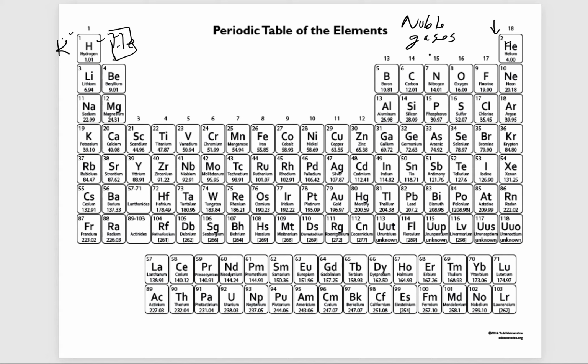Because when the outermost shell is full, then it's very unlikely that those elements will form compounds with other elements, and so they don't interact with one another, and they're called noble gases. After the idea that you have a stratified societal order and the nobles are at the top and they don't